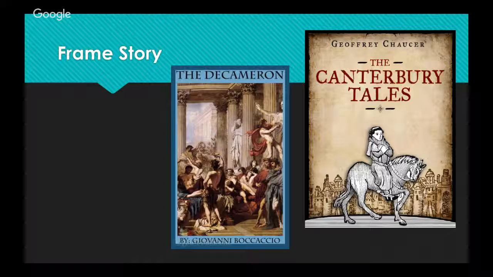And so on the way, literally these characters are walking to this place because they weren't driving in their cars. And they are walking to wherever they are going, which is probably going to take the course of quite a few days. And they need to pass the time, so they decide to tell stories. So the stories within the Canterbury Tales, the stories within the Decameron are really the stories that they tell along the way. So let's say that I'm going on a journey with John and Joe. So again, along the way, we're like, hey, guys, let's tell stories to pass the time.